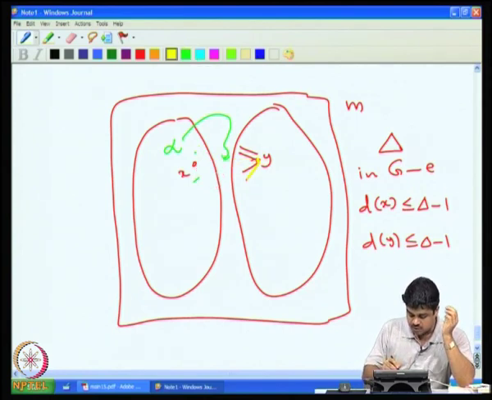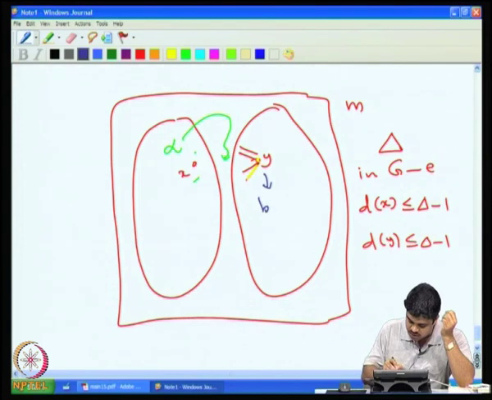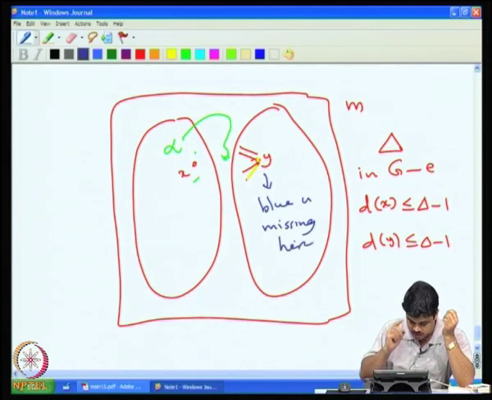So, Y may say that the only color which is missing in its neighborhood, on its edge set, I mean incident edges, is say blue color, right. It is possible that it may allow only blue color. So, here, maybe I can take blue color, the missing color. So, blue is missing here, and then yellow is missing here,